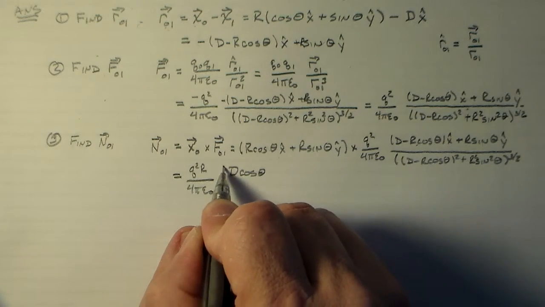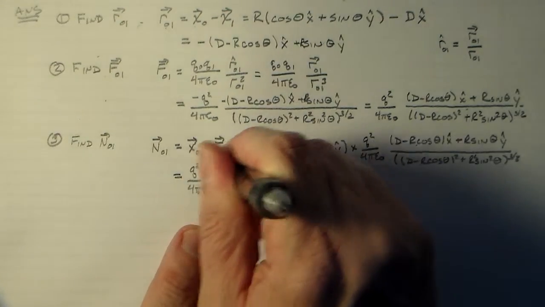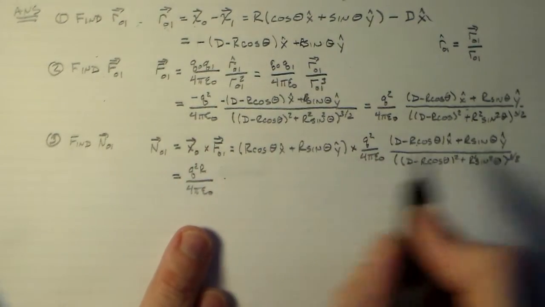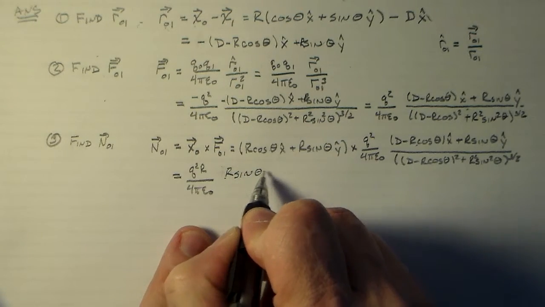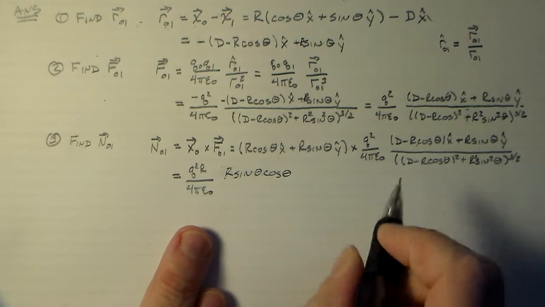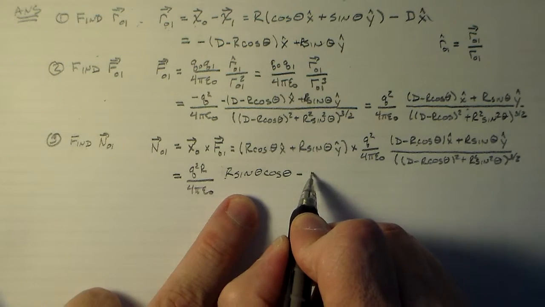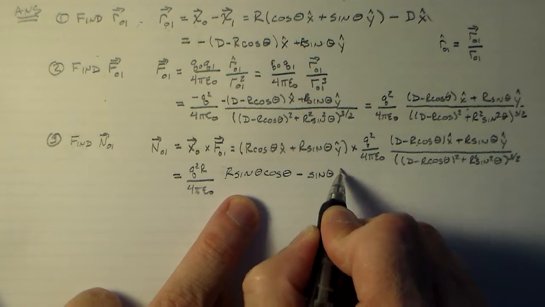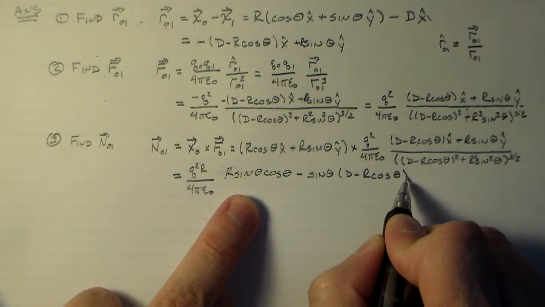Times r sine theta. Okay, I've got that all confused. Excuse me. Okay, so we've got cosine theta times r sine theta, so it's just r sine theta cosine theta minus sine theta times d minus r cosine theta,